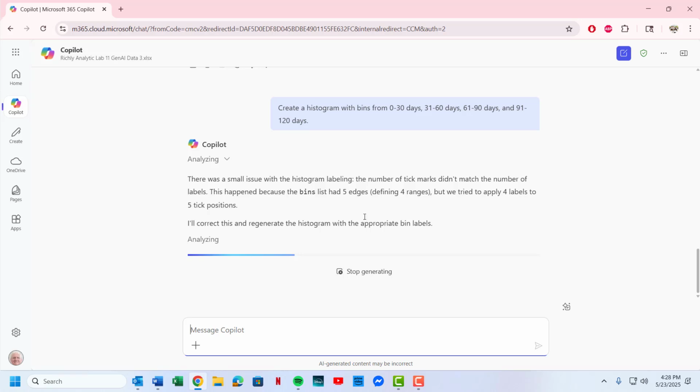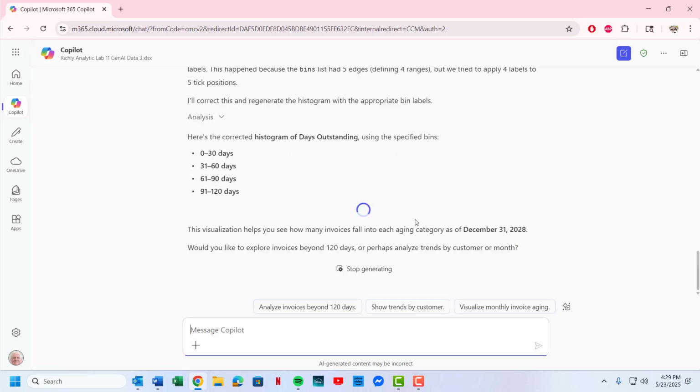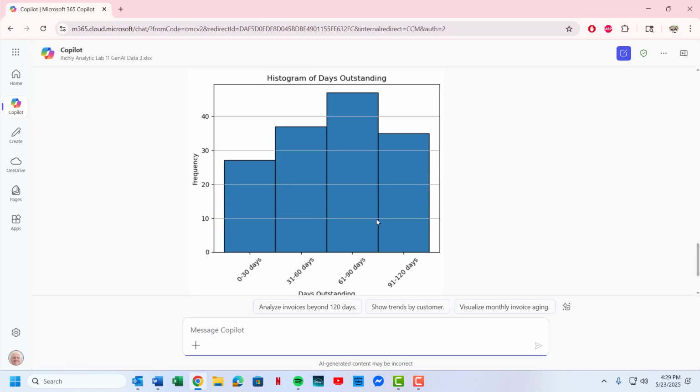Sometimes it comes through and has some errors that it has to regenerate, but generally it works out whatever issues are there, and we can kind of see the totals here of how many invoices are in each grouping.